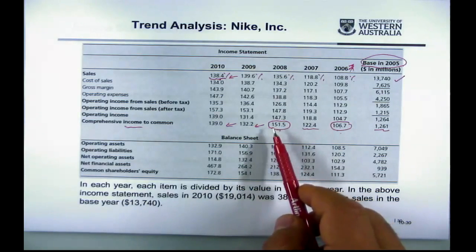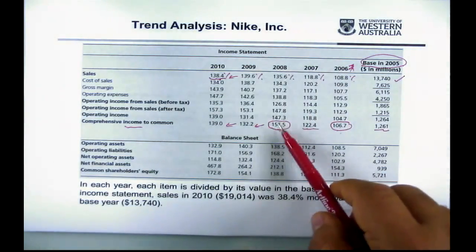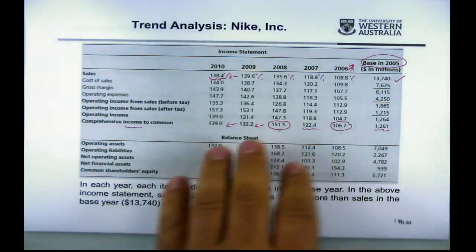Something unusual happened in this year. It is your duty to go to the income statement of the firm that year. If you see something like this when you analyze the trend in the indicators of any firm, something unusual, you need to dig and search for this unusual jump and remove the effect of the unusual event. Okay? Before you use it in the